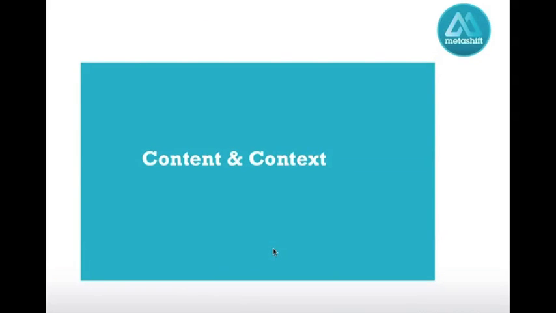Okay, so that was the mobile apply update. I hope there was some stuff in there that was useful. I want to talk now reasonably briefly about content and context, because I think when we've got over our mobile apply phobia, this is the real crux of it. This is understanding how mobile content works and what happens.